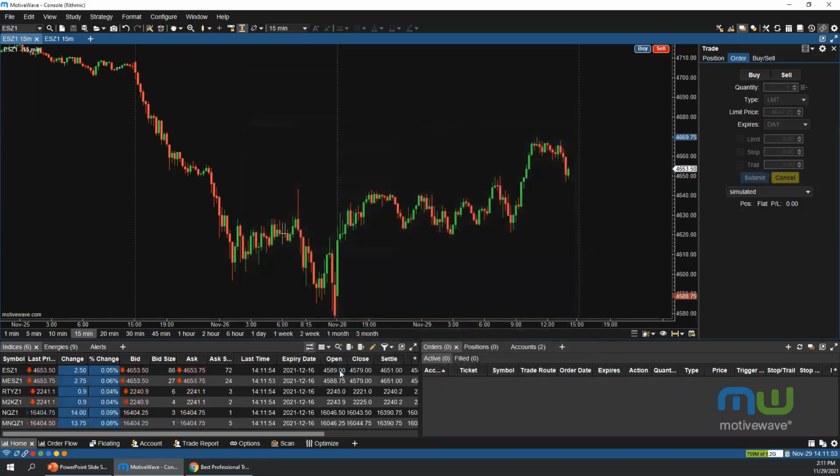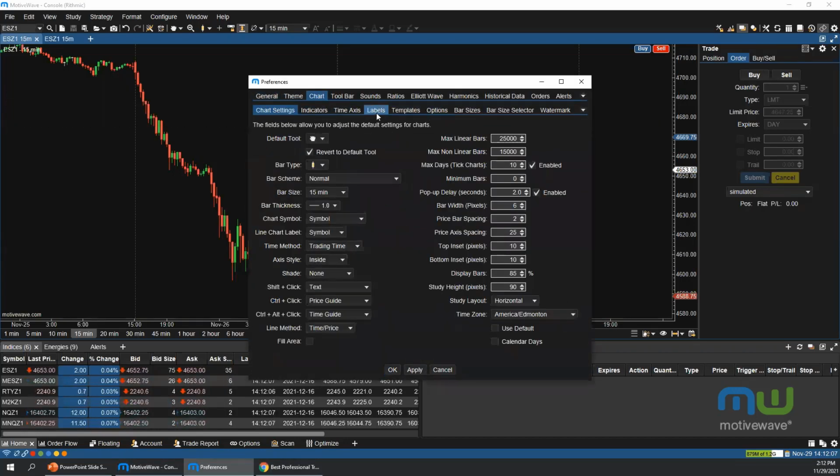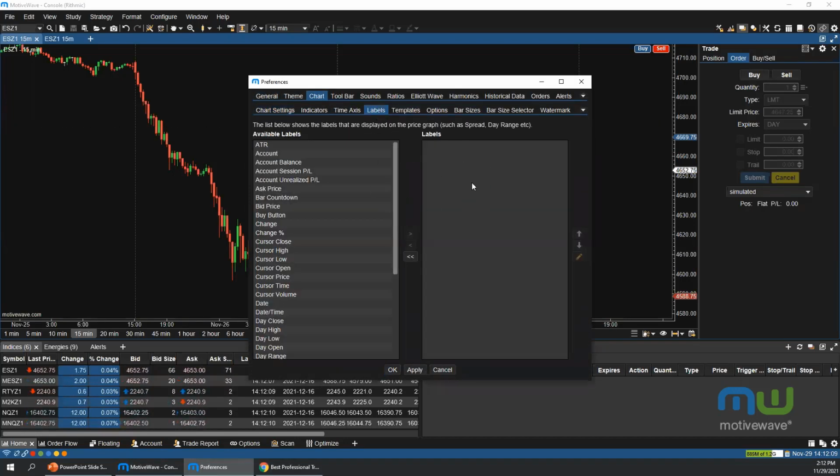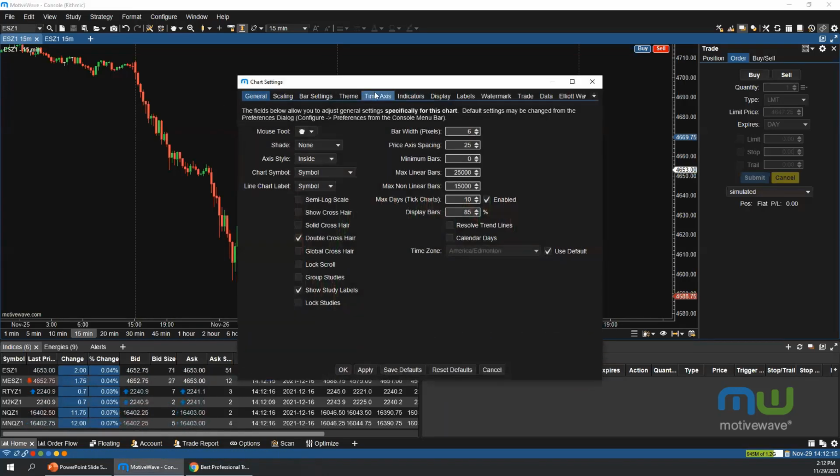And then click OK to add them. So if we want these buttons placed on all of our charts, then you'd want to do this from the global preferences by going to Configure, Preferences, Chart, Labels, and adding them here would make them show up on all of our charts. But if you just want them on a single chart, you do it from the chart